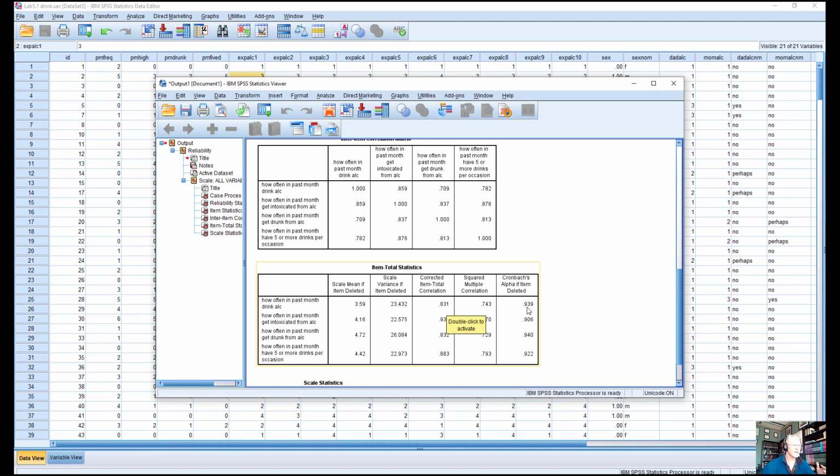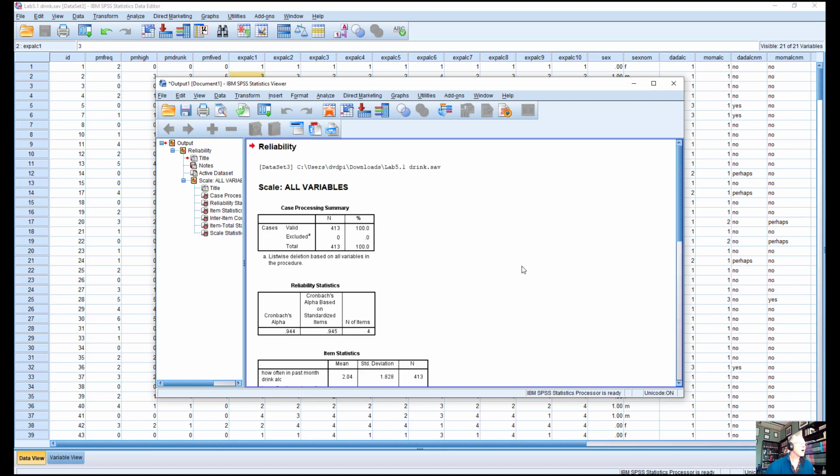Now our Cronbach's alpha was 0.944 unstandardized, and here, all of these Cronbach's alphas are slightly lower than that. That means if we delete any of the items, it hurts our alpha. Not a lot for a couple of these, but it hurts our alpha. So we don't want to delete any of them. Okay,